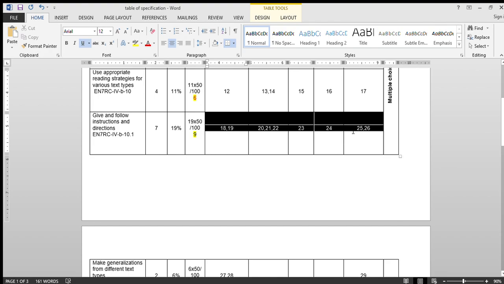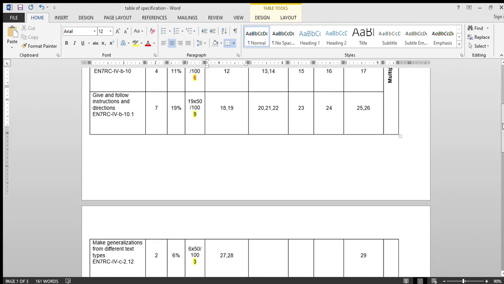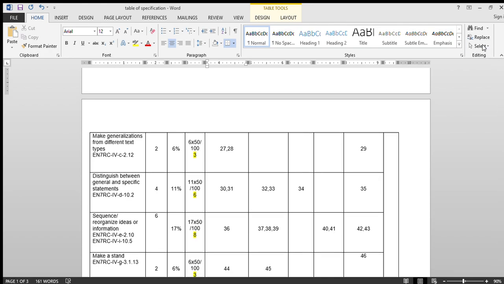To get this one again, you just have to follow it. It must be 9 items. So we have here for remembering 18, 19, then 20, 21, 22, 23, 24, 25, 26. So let's count. It must be 9. 1, 2, 3, 4, 5, 6, 7, 8, 9. So it's correct. We have here the number of items of 9 questions in this competency. Okay, now to get this number of items,